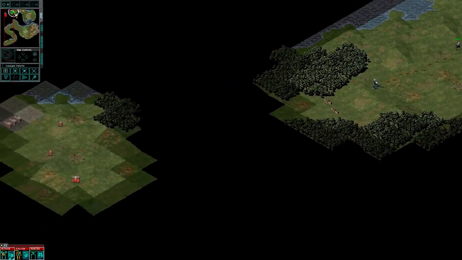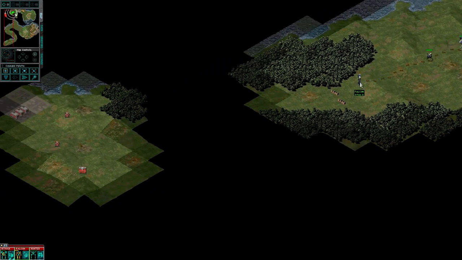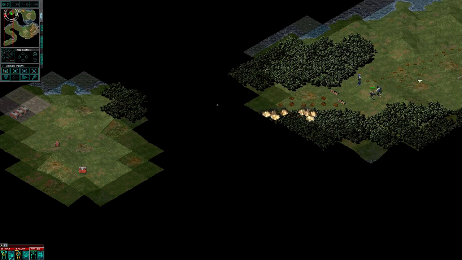Alright, so again, we have mines basically pop up. We can tell for this thing right here. Just gonna do this. Oops, someone's coming to say hi. Now, note that mines don't actually affect attacking allied units, so...